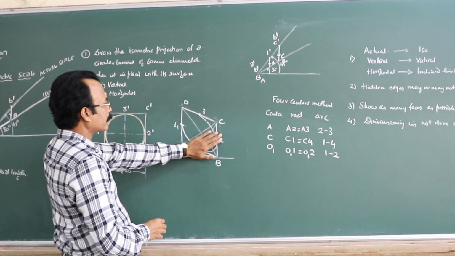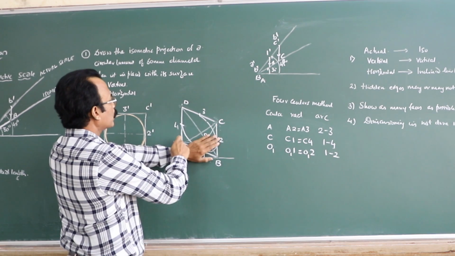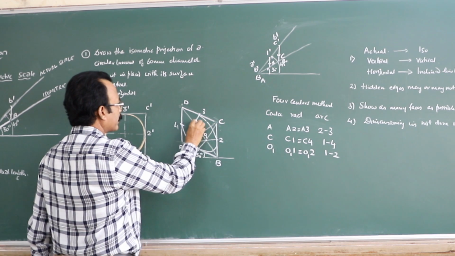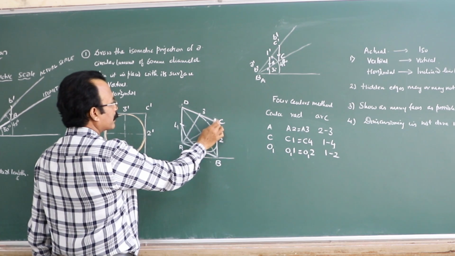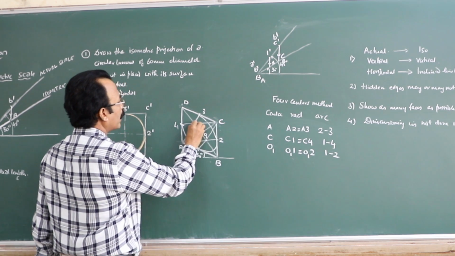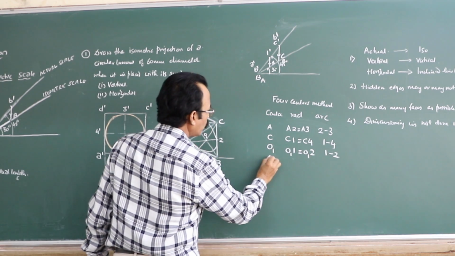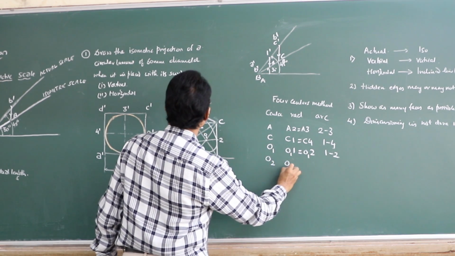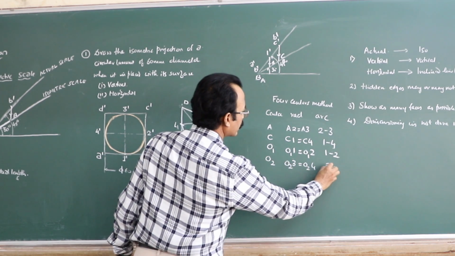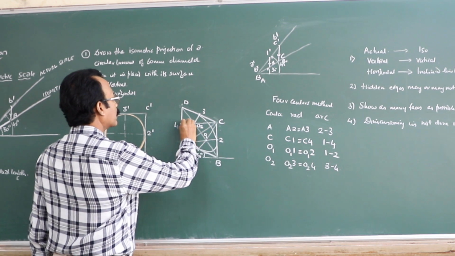Similarly, forget this triangle, take this triangle now, ADC, right. To this end of the shorter diagonal, opposite midpoint is 3. So connect A3. To the other end, C, opposite midpoint is 4. So connect C4. Now you will get another center, call it as O2. So now with O2 center, O2 3, which is equal to O2 4, draw the arc 3, 4. Okay. So this is your curve here.